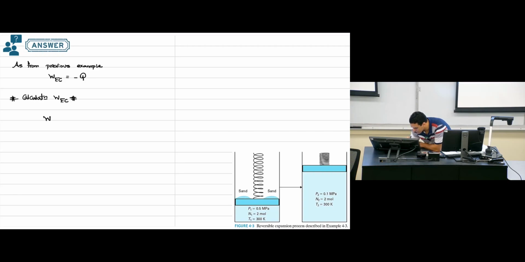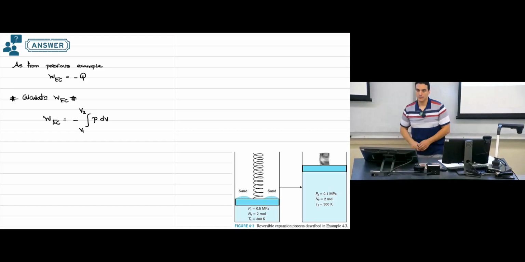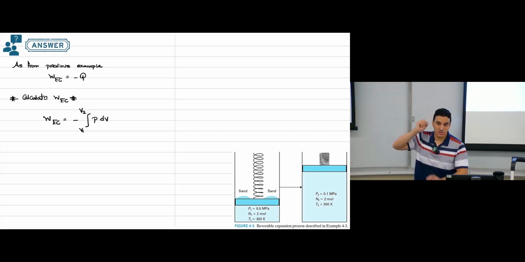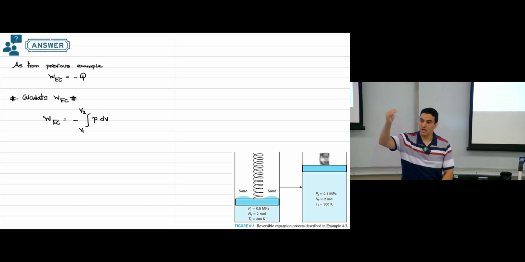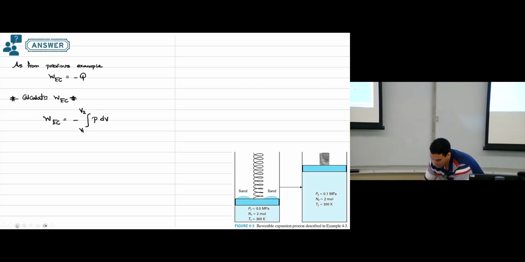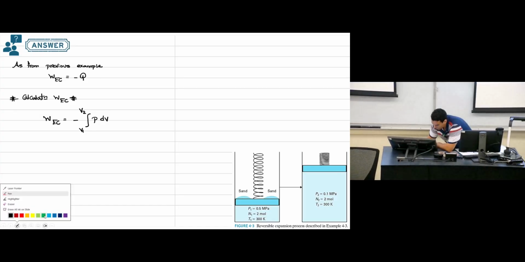So we'll have the same equation: work of expansion contraction is negative integration of P dV from V1 to V2. In the previous example, we had the external pressure, and it did not change because we had sudden expansion. But here this process is very slow. So this pressure, which is still the pressure of the surrounding, the external pressure,